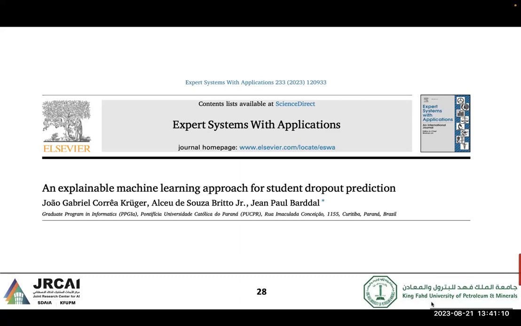So instead of taking the model as a black box, we will do another analysis to understand and find the impact of these parameters in the model. So we have the concept of explainable AI. This is a recent paper here, as you can see, and the target here is to predict whether the student will drop the course or not. This is a binary classification.